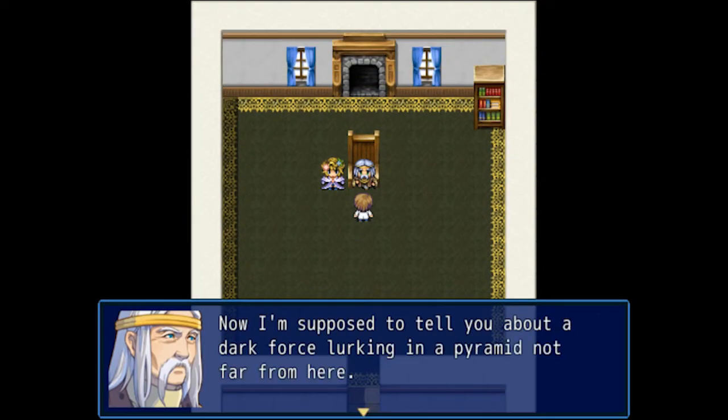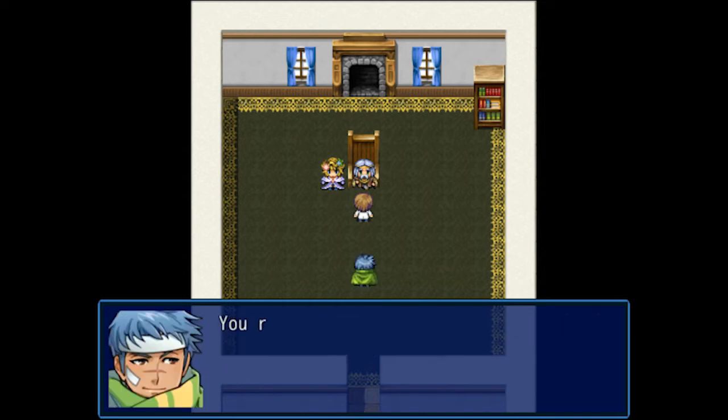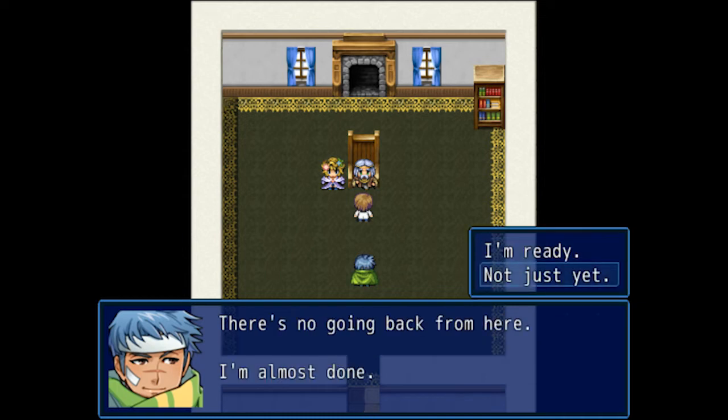Now I'm supposed to tell you about a dark force lurking in a pyramid, but that isn't true. None of this is true. It's a farce. Please turn off the game and let me write. Shut up, old man. Last control room's in the pyramid he's talking about. There's no going back from here. I'm not just...